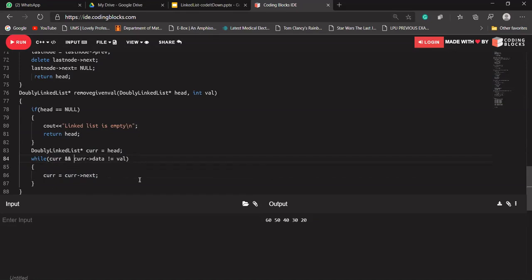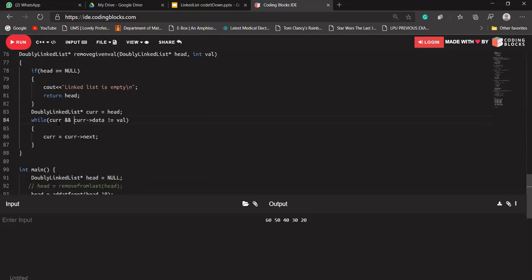I think you all are clear with the concept of single end and double end. In the double, is there anyone who is having doubt, who doesn't know what is the difference between single end and double end? Please do ask me in the group chat so that I can try to make you understand. Okay, I'm assuming that there is no one who is having any doubt regarding this.